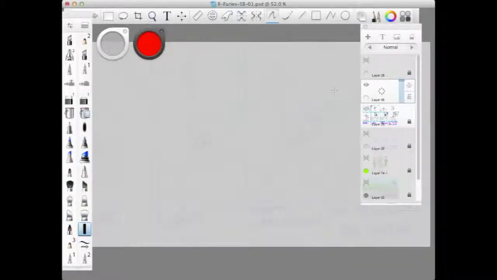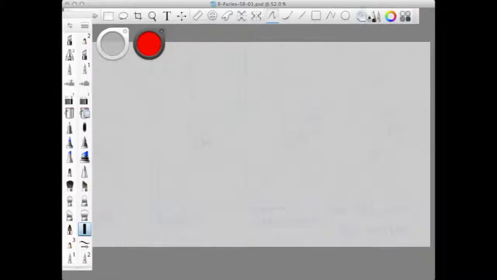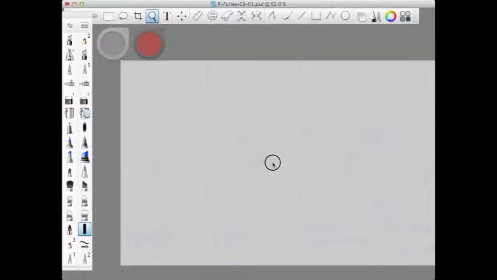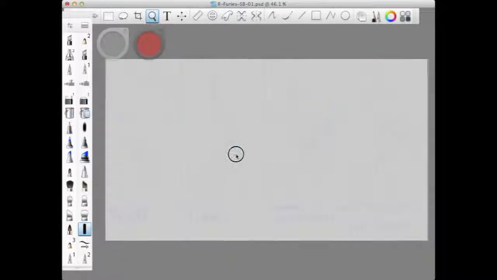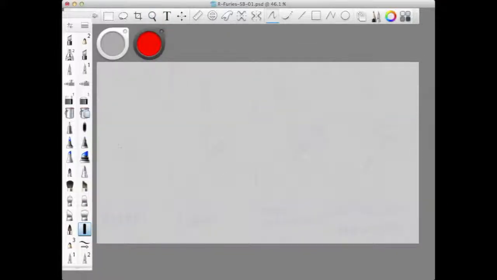Alright everyone, so my canvas right now is 1920 by 1080. It's a high definition resolution. So I'm going to start by just drafting out the storyboards, showing you the way that I do my storyboards